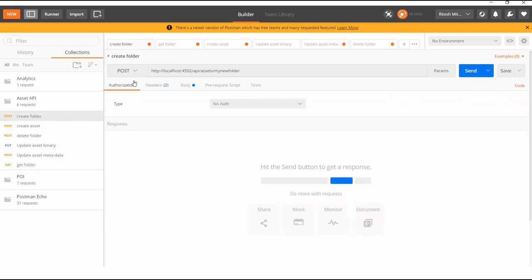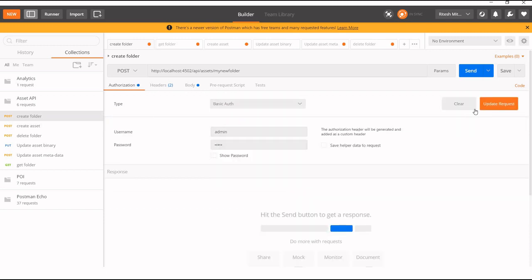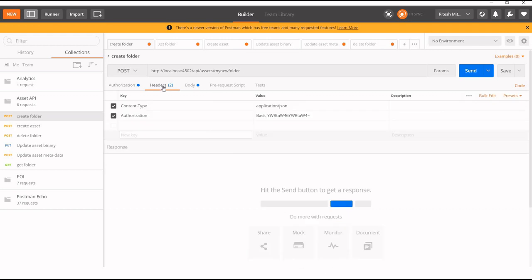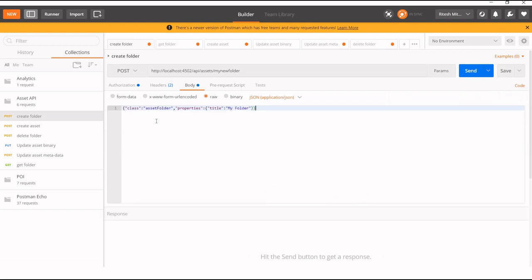Now, how can we create a folder? There is another request. This time it will be a POST request, and again we need to set the authorization. I will set it to basic authentication, admin, update the request, and in the header basically this time what we need to pass is the name of your folder, and if you want to set any property.